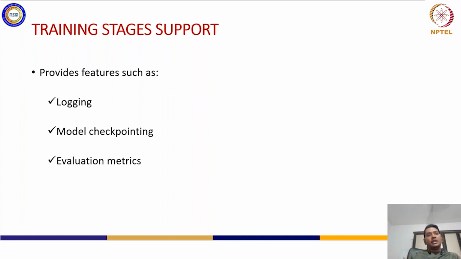Now here, you can evaluate without writing any more code. All the evaluation metrics that you can think of from any training pipeline point of view are already defined. You just need to use them inside the callback.